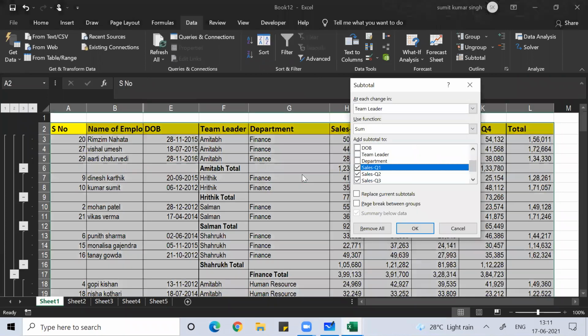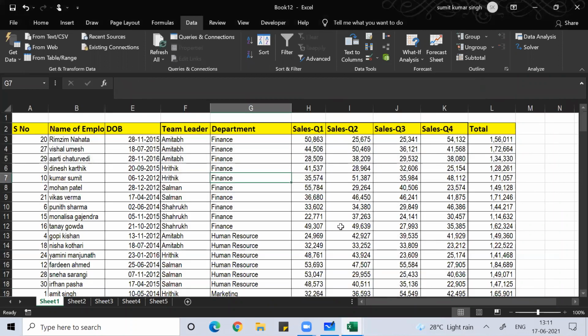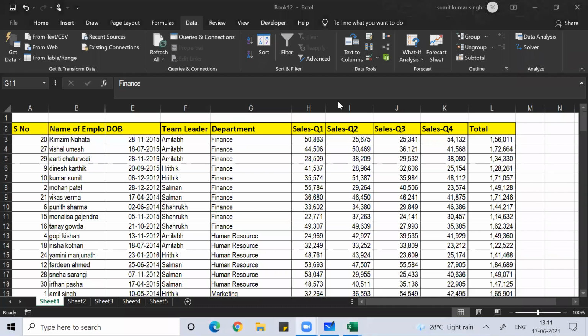Subtotal, remove all. Guys, clear, everyone? Understood everything? Everyone understood? Anyone, any doubt?